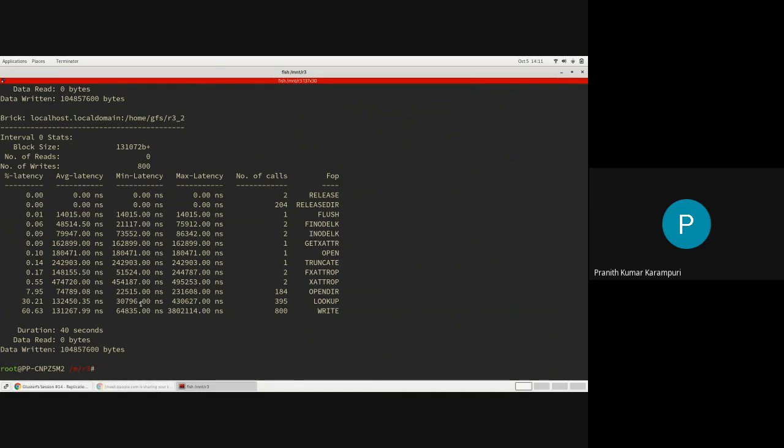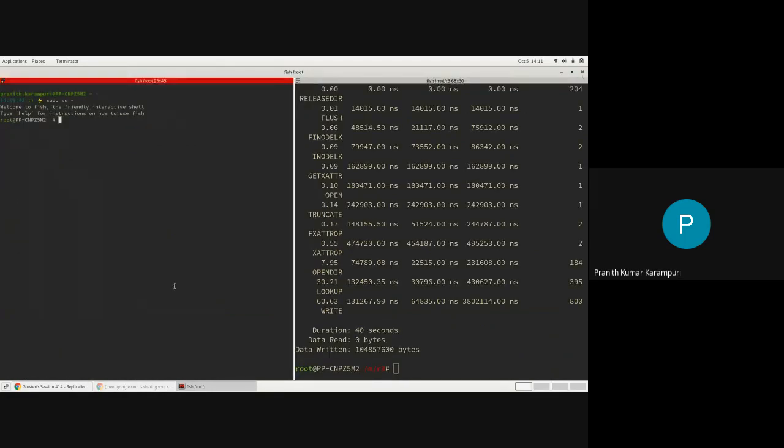So the way it works is, we'll now look at the code.